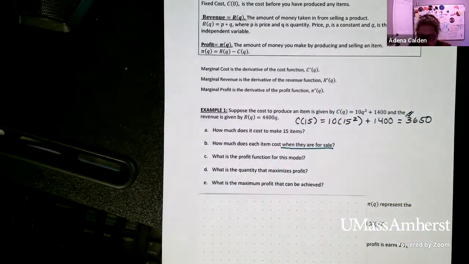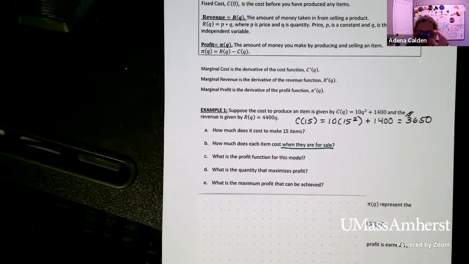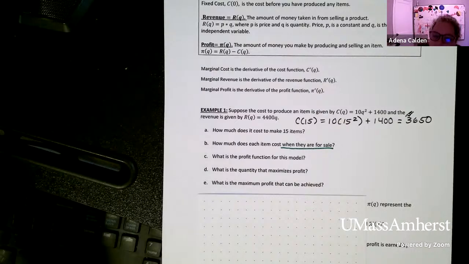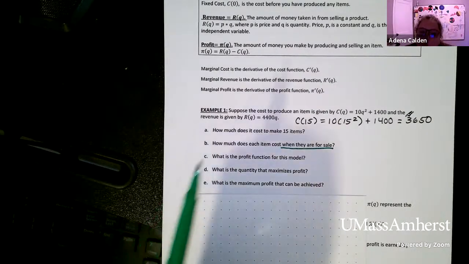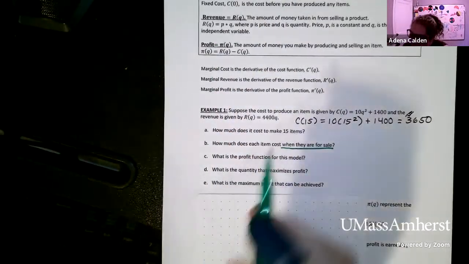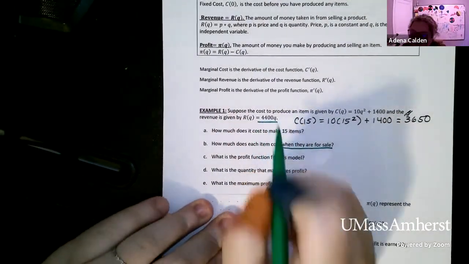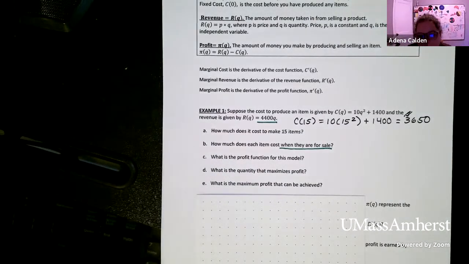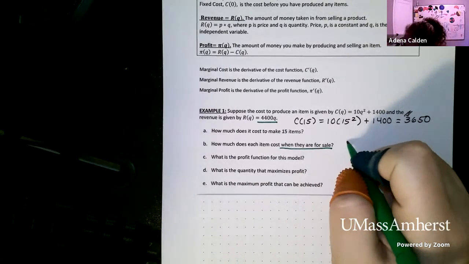Okay, for part B, it wants to know how much does each item cost when they are for sale. So the key piece here is when they are on sale, right? And so that has to do with revenue. Revenue is when we sell our product. And as a reminder, revenue is price times quantity. So we want to go to the revenue function, and we see this here. If revenue is price times quantity, then the number in our revenue function is the price that we are selling them for. Okay, so we are selling these for